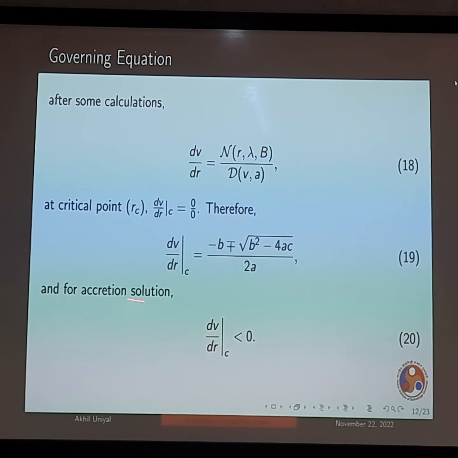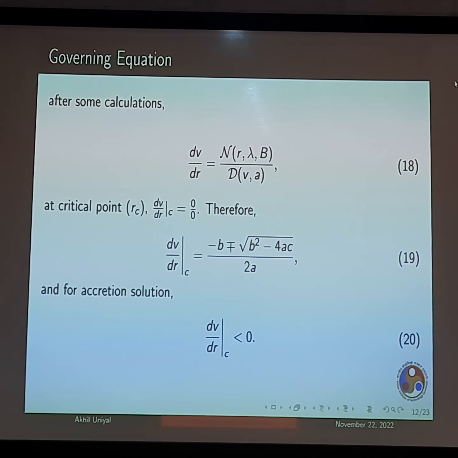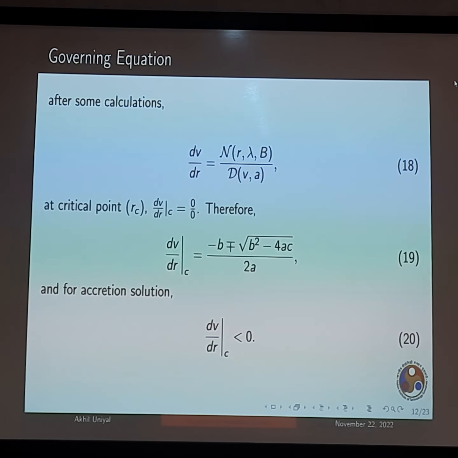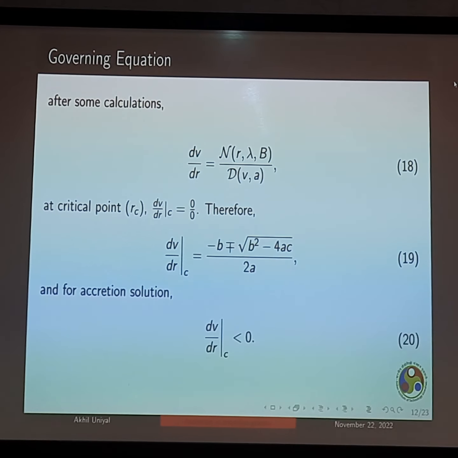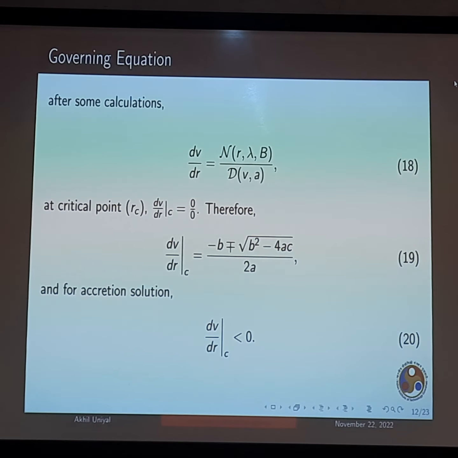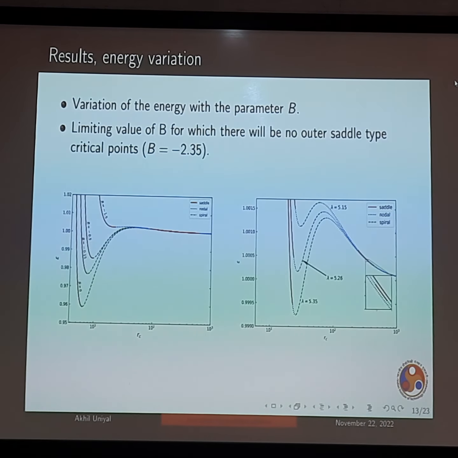And so how do you solve this? Basically, when the fluid is entering the black hole, it enters with a supersonic speed, and at the very end of the accretion disk, it is subsonic. The transition from subsonic to supersonic should happen somewhere, and that transition we call the critical point. So how do you calculate the critical point? At the critical point, you observe that your dV by dr is 0 by 0, and you use the L'Hopital rule to calculate this, and by convention we take the negative value of the gradient, which will give the accretion solution, which is very consistent.